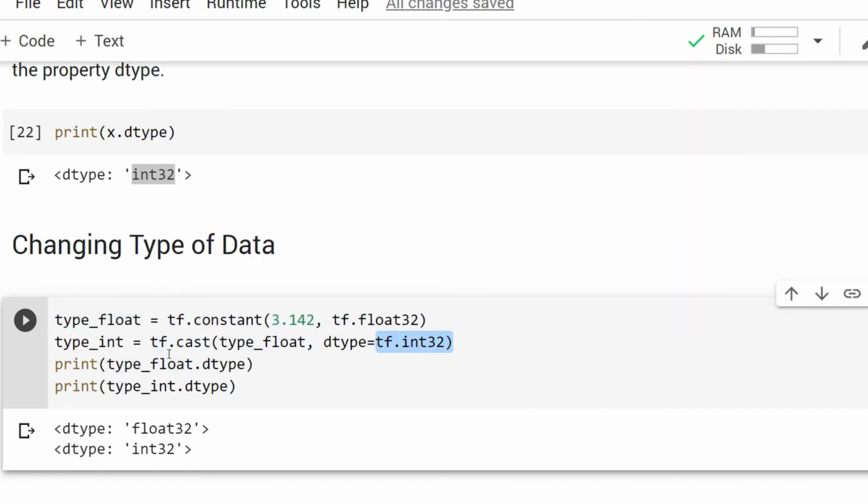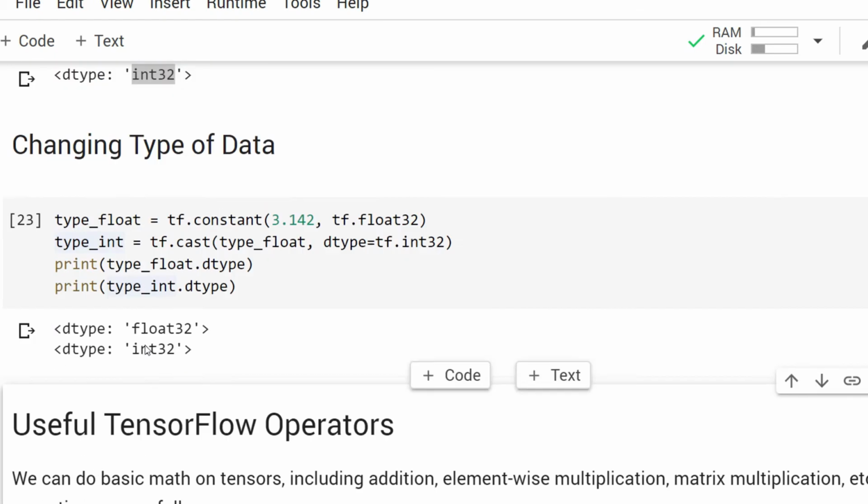Now if I print type float dot dtype, it means it has a data type of float32. But when I print the data type of type int, it has a data type of int32. Type float tensor has a data type of float32 and type int tensor has a data type of int32. So these are printed.